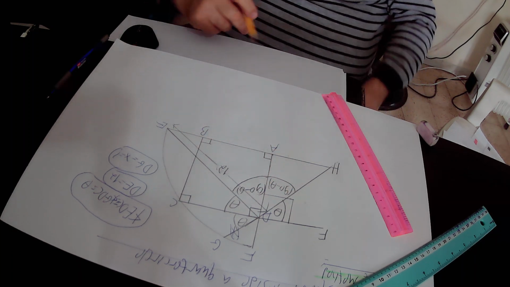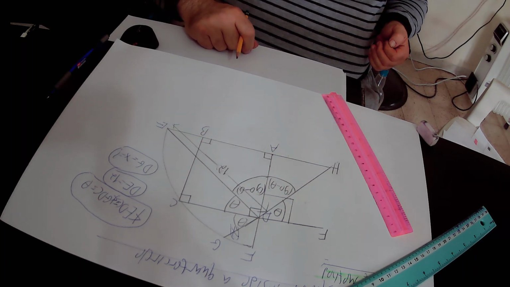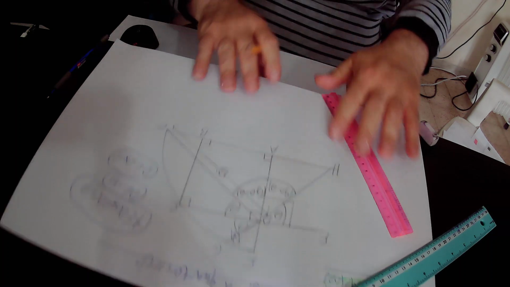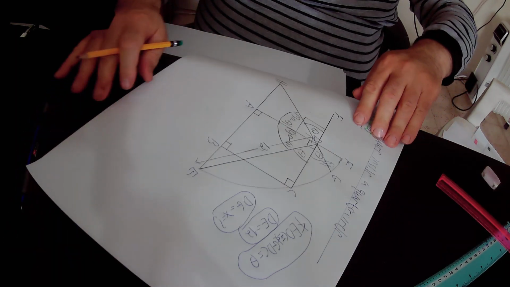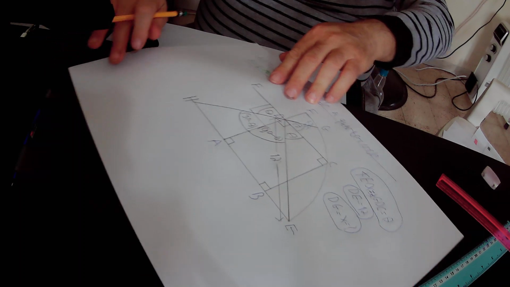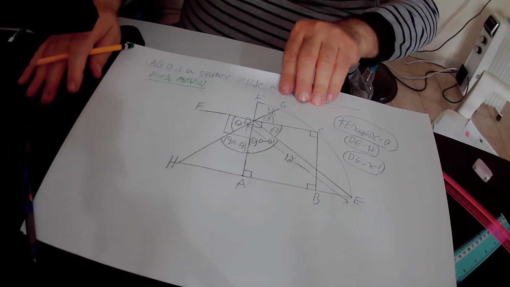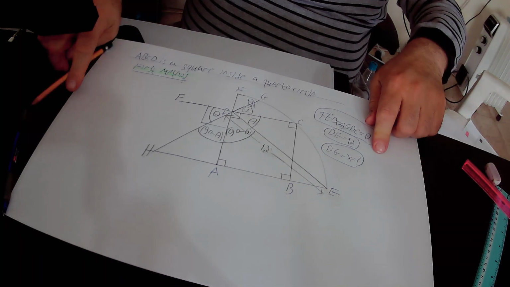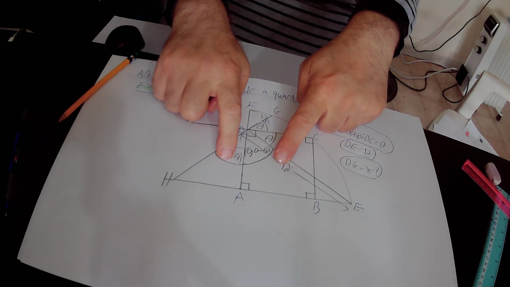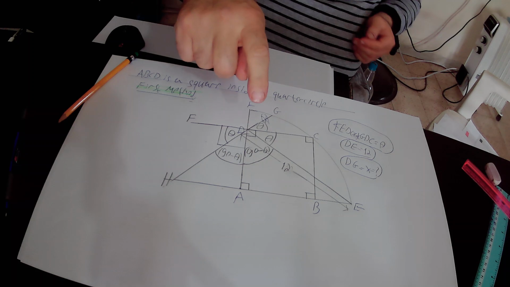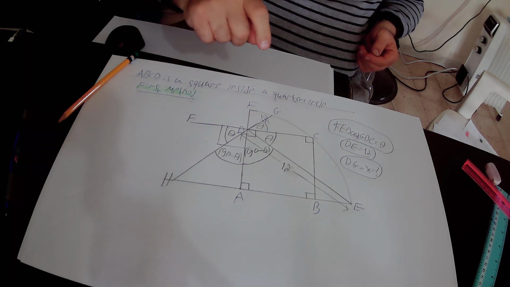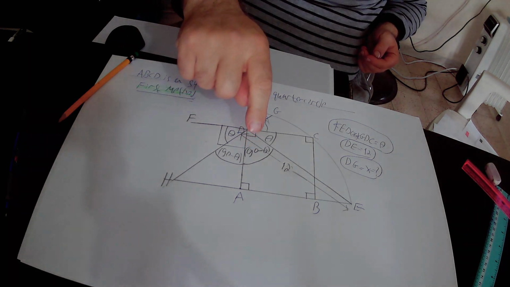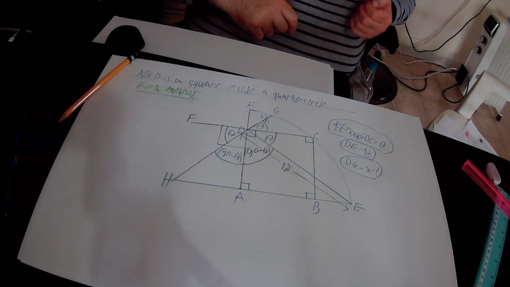In the next step, we'll prove that those two right triangles are congruent to each other. Repeat again, the next step we prove that those two right triangles are congruent to each other. That is to say, the right triangle ADH is congruent to the right triangle ADE. But before that,